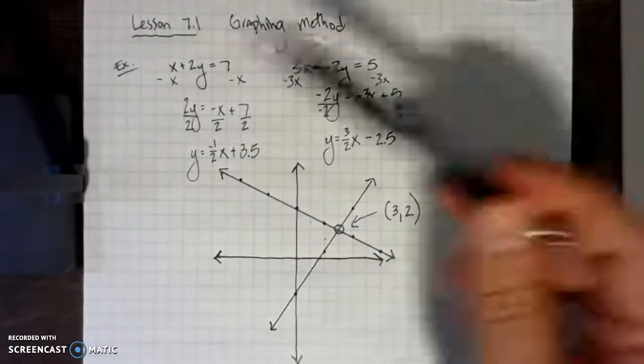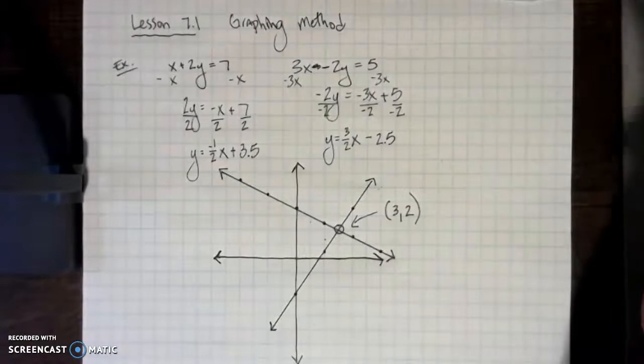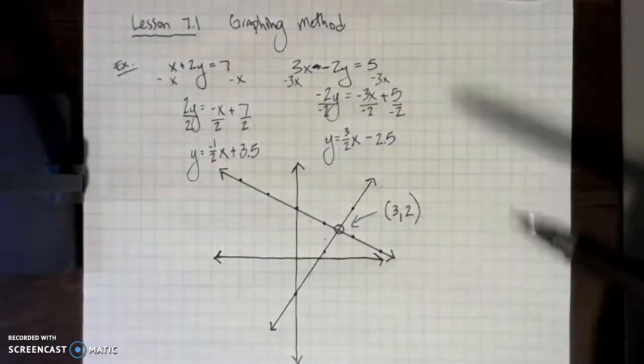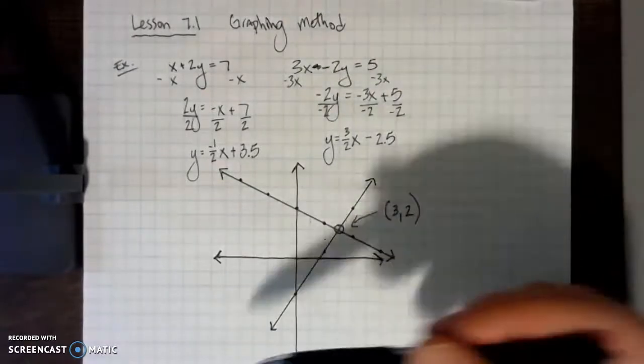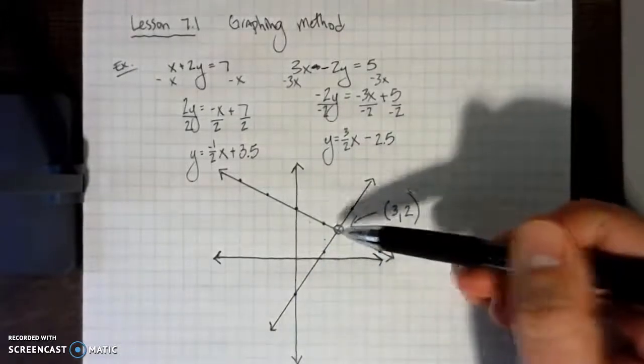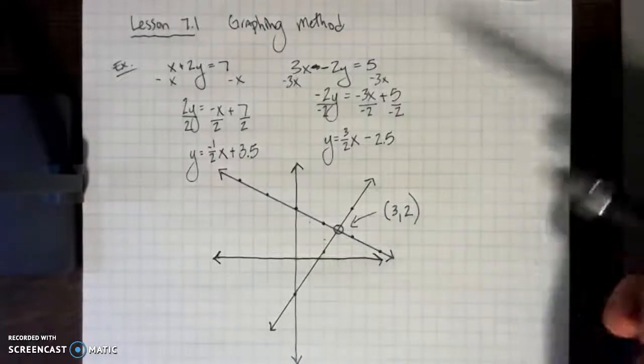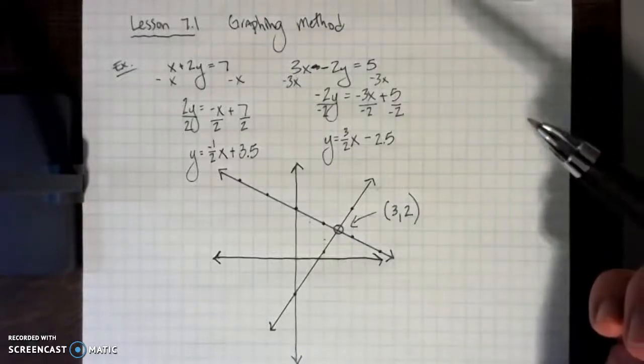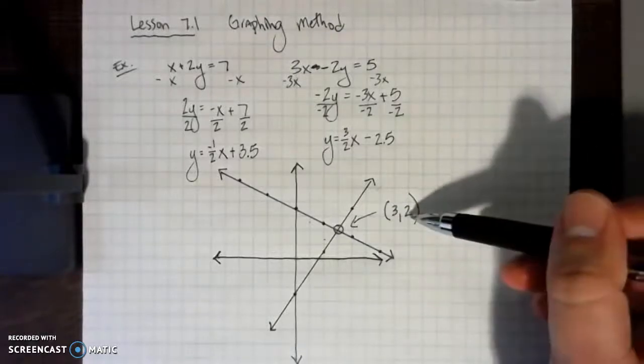But the reason we do the graphing method first is so that you can visually see what's happening. We want to be able to show that this solution is the point that is on both lines. It's where they intersect. Now, we can always check our work. So if we want to make sure that this was the correct point,